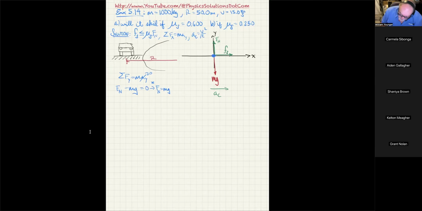Now I've got the summation of the forces in the x direction equals mass times acceleration in the x direction. And in this case, we have the only force that's acting is the static friction force. So the static friction force is equal to mv squared over r. I'm going to call that equation 1. And what we'd say is the maximum friction force